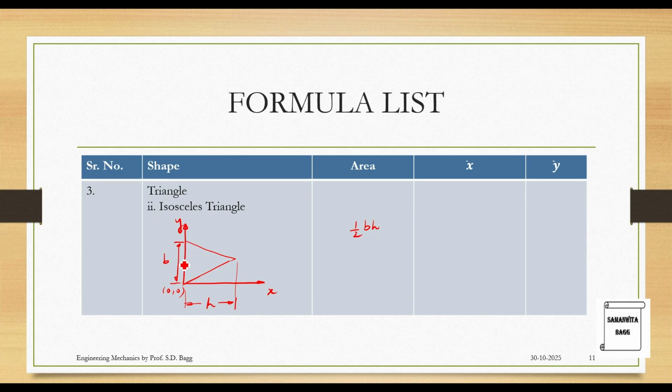And how do you mark? You will have to draw a central line from here and this much is the distance. So this gap is what I know as h by 3. This is my G, x bar comma y bar. So this gap is nothing but 1/3 of height. So this will be h by 3, sorry, here. And y is over here. So this gap will be b by 2. So now this vertical one is going to be b by 2.